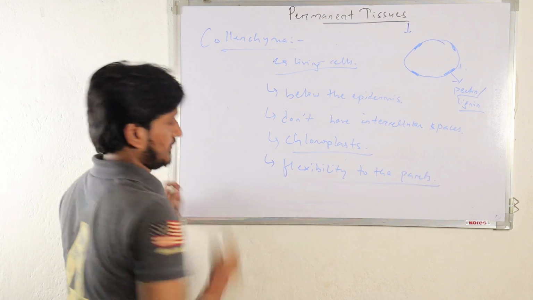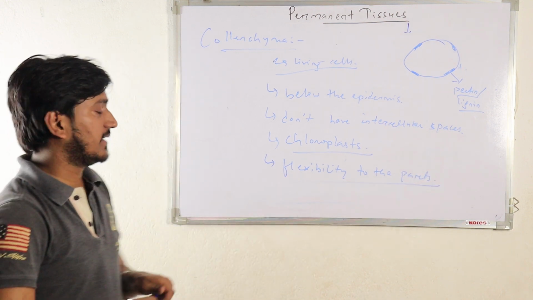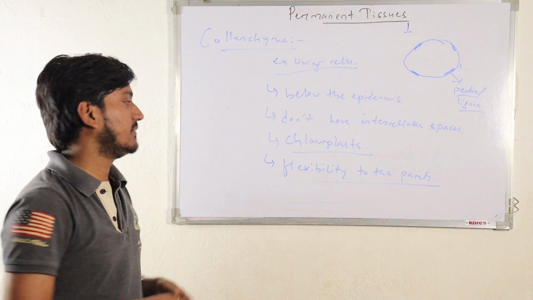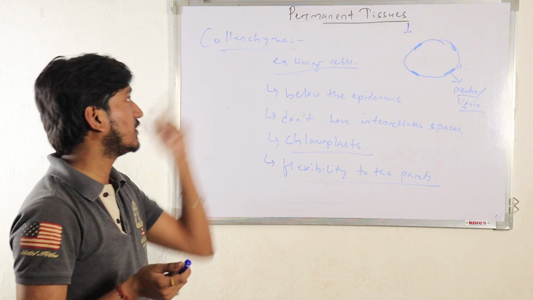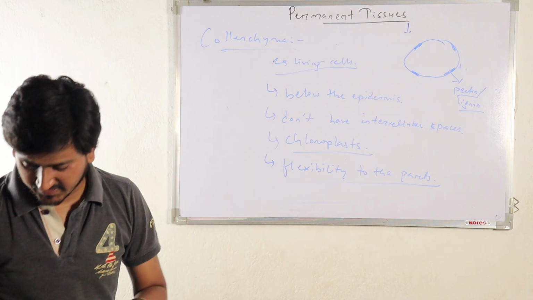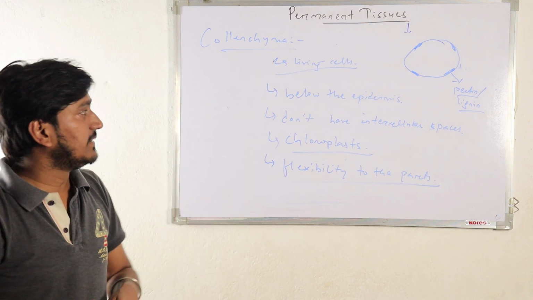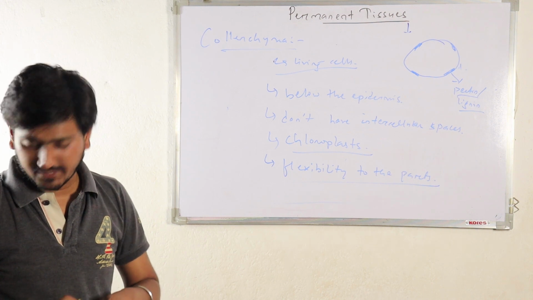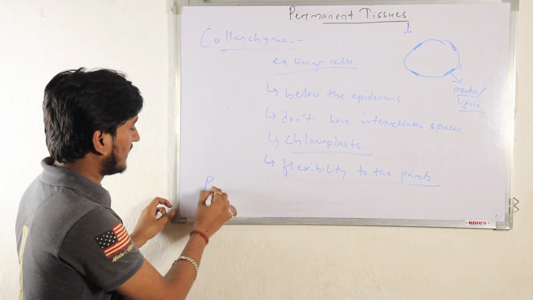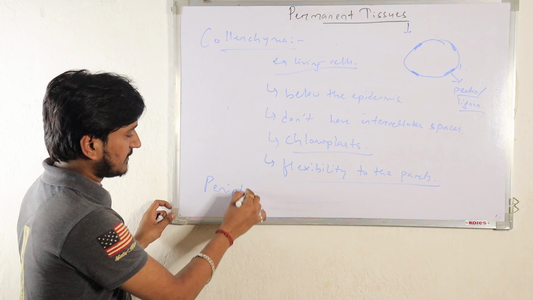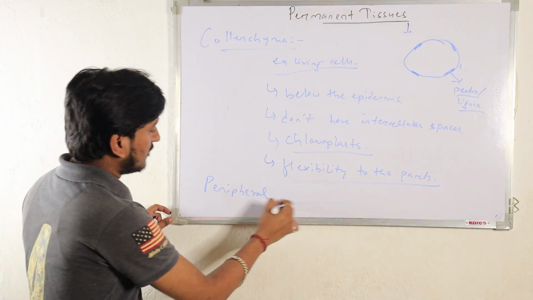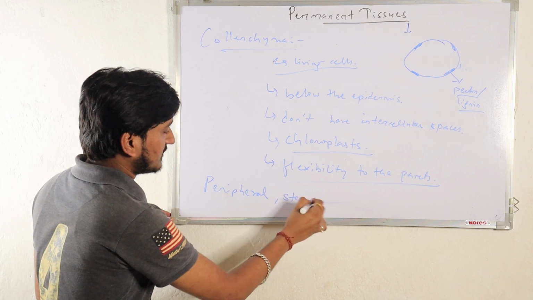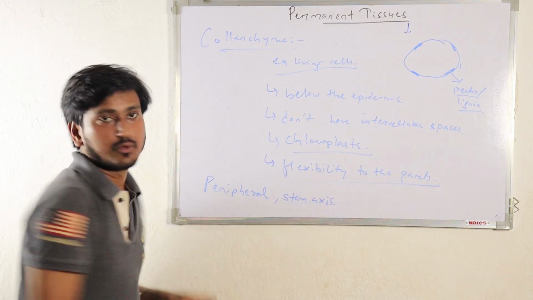Okay, the newly growing stems and newly forming branches are all flexible when they are new. That is due to the presence of collenchyma in them, so that the plants can bend without breaking. Location: they may be present at the peripheral parts. Peripheral parts means the boundary parts. They can also be present along the stem axis or along the root axis.